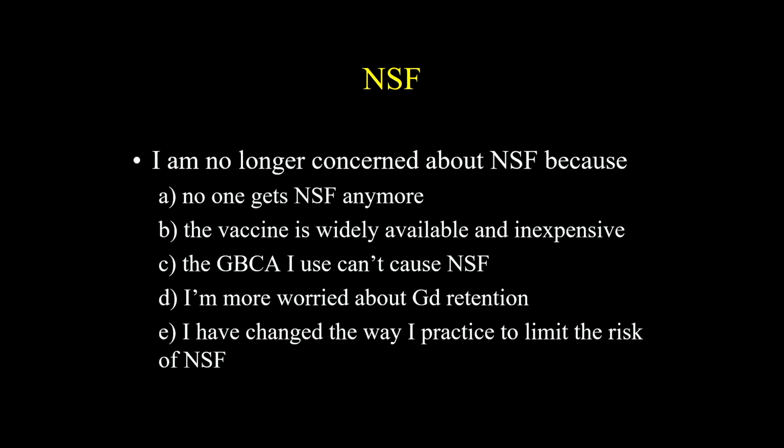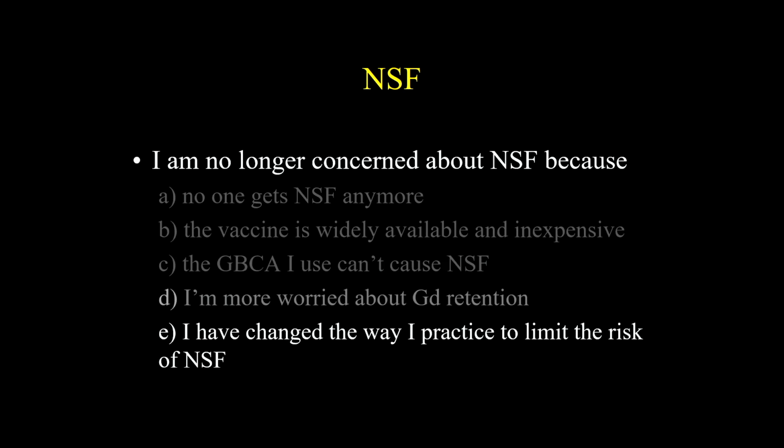Well, we already covered A. There is no vaccine for NSF. That's facetious. Is it because the gadolinium agent that I use can't cause NSF? Well, no agent is completely free of risk in theory, even though there are some agents that have never been associated with NSF. Is it because we're more concerned about gadolinium retention, and we will talk about those issues? It's because we've changed the way we practice to limit the risk of NSF. We no longer